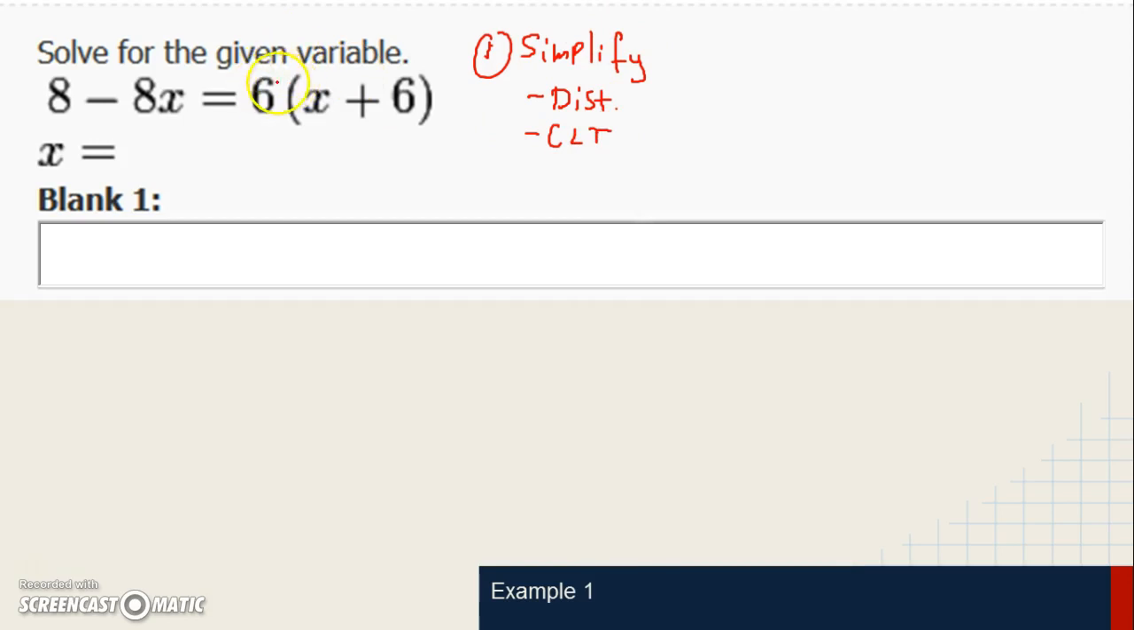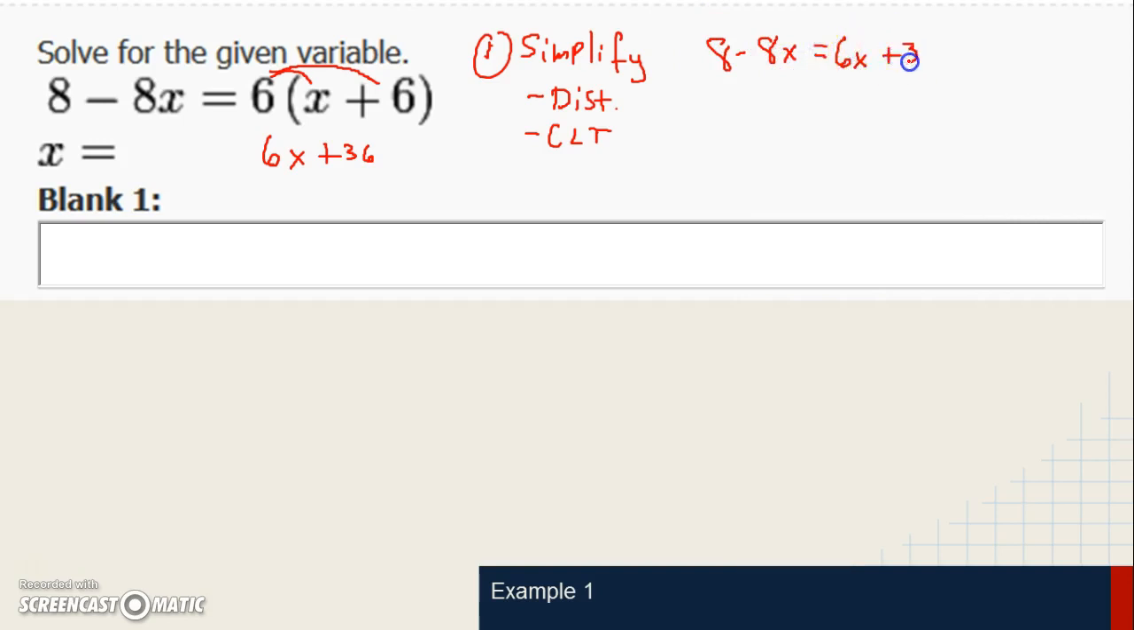So I'm going to go ahead and distribute. 6 times x is 6x. 6 times 6 is 36. So now I have 8 minus 8x equals 6x plus 36. Well, you're going to notice something. So I'm going to go ahead and take this whole equation and rewrite it over here. I've got 8 minus 8x equals